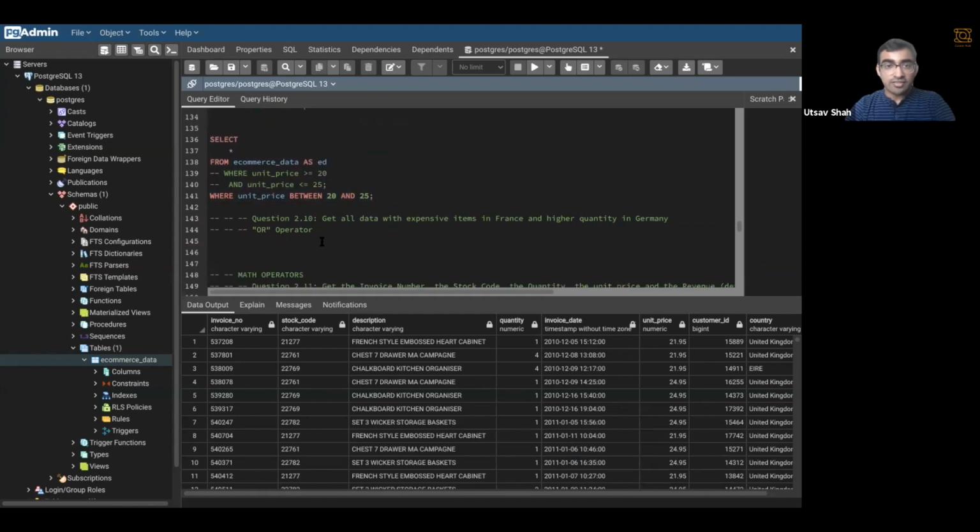The following question is get all data with expensive items in France and higher quantity in Germany. So now this will involve using both the and the or operator. Let's look at how we can do this. So select star from the data as e-commerce data, where